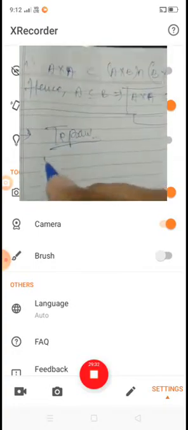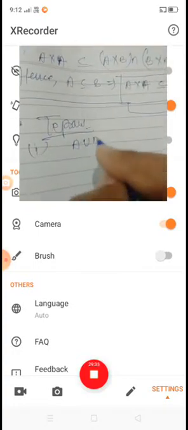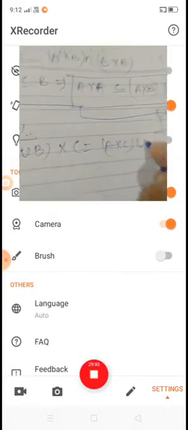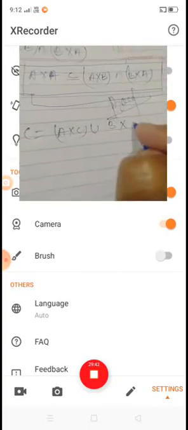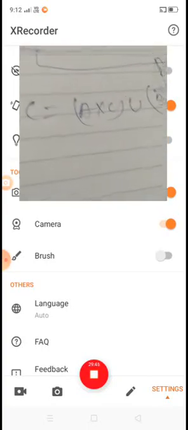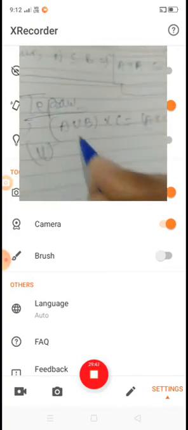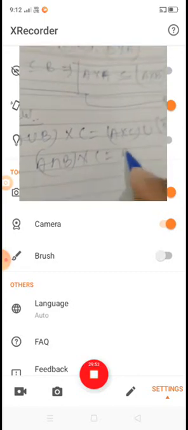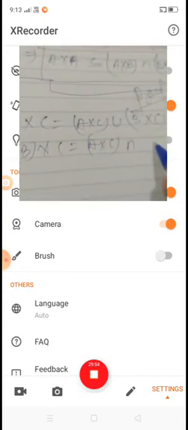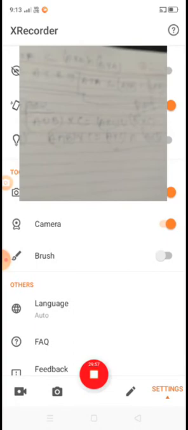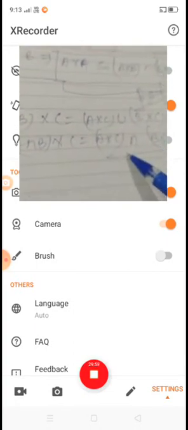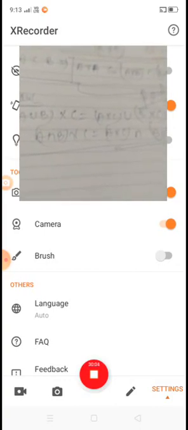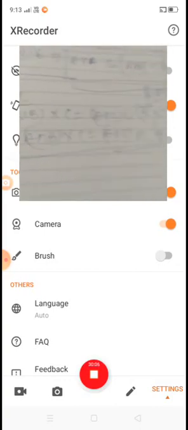Every student prove it. Okay, to prove first (A ∪ B) × C is equal to (A × C) ∪ (B × C). Okay, and second one (A ∩ B) × C is equal to (A × C) ∩ (B × C). Okay, so dear students, you prove these results as your homework. Okay, now in the next class we discuss the next topic. Okay, thank you.